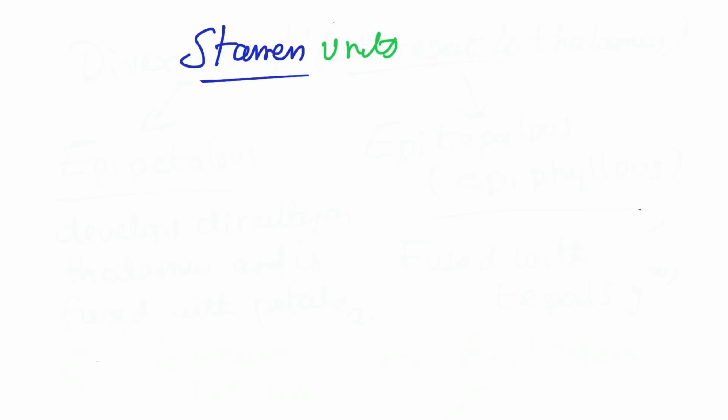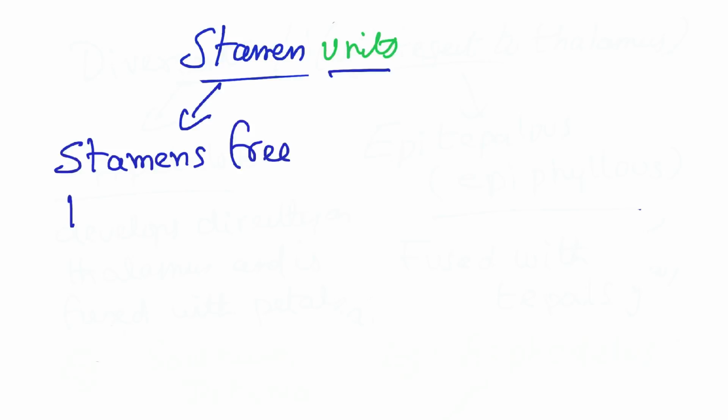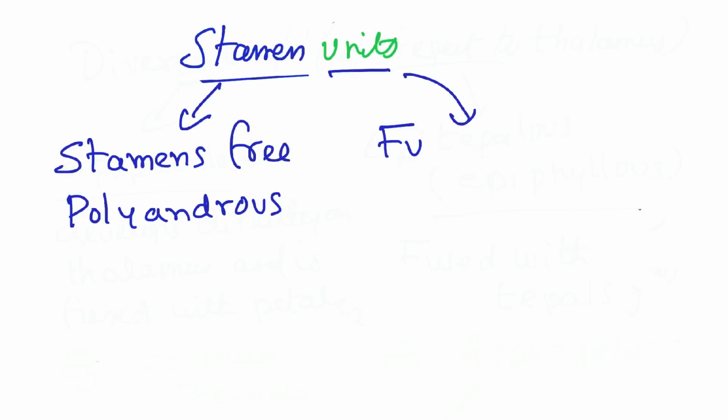Now, what are the divisions we see in stamens based on how many stamens there are and in what ways they exist? In the sense that, are the components free or fused? That's the key point. Based on that, we have stamens which stay free, for which the botanical term is polyandrous, and the stamens which stay fused, which is called